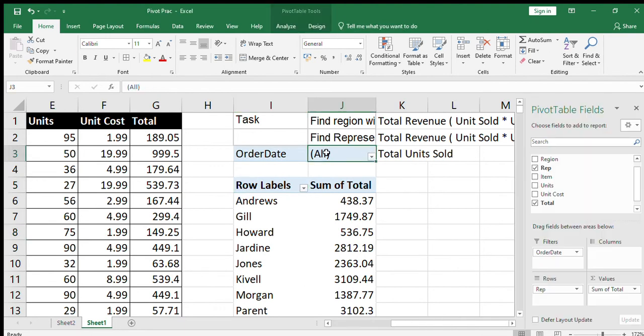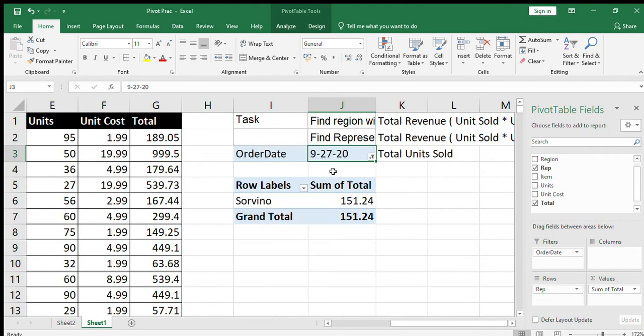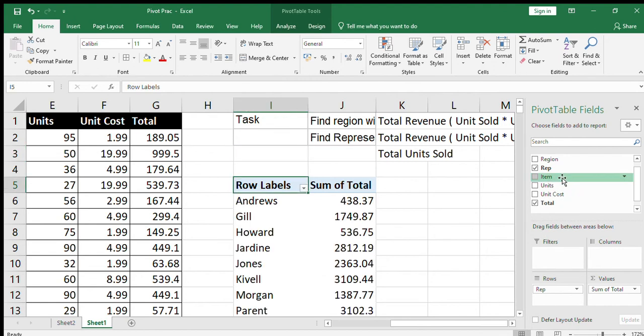Okay, so I have used ordered date as filter. Now I want to know specific day which representative what. So suppose if I choose this date, so on this particular date, that is 27th of September, I only had Sorvino doing the sales. I did not have any other representative doing any kind of sales. Okay, so this way you can just find out which particular day who did what. So all these kind of calculations can be done. And if you do not really want to use it, I can pull it back and it has gone.